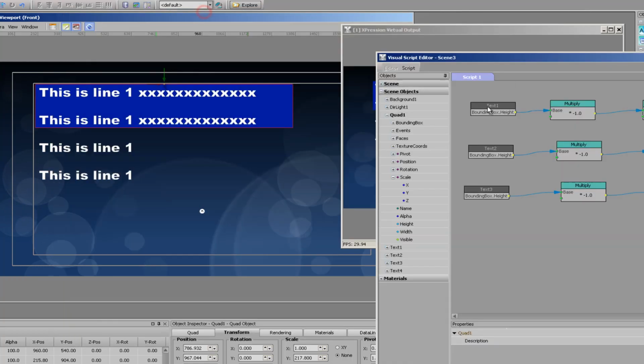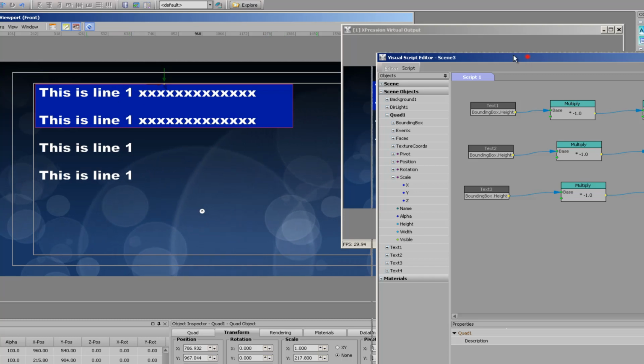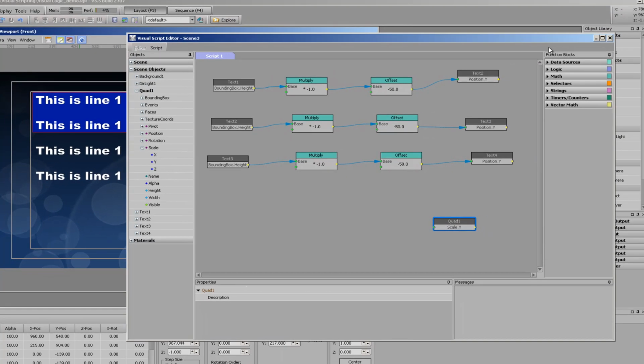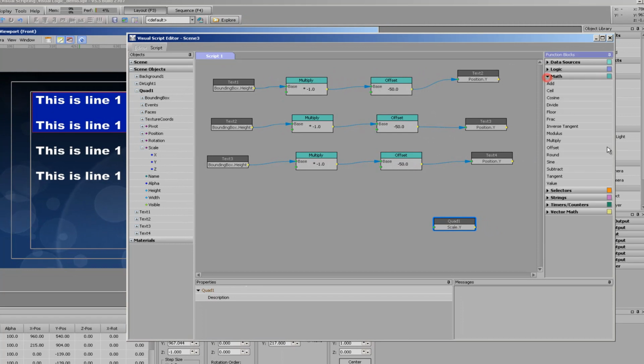Because remember, the scale of this object should reflect the total height of each text object. So we're going to use a different function block here. We're going to go into our math function blocks, and we're going to use an add function block. This is a really useful tool. We're going to take the output of each bounding box height, which can be sent to multiple function blocks, by the way.